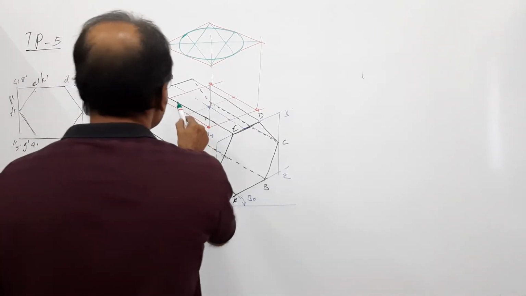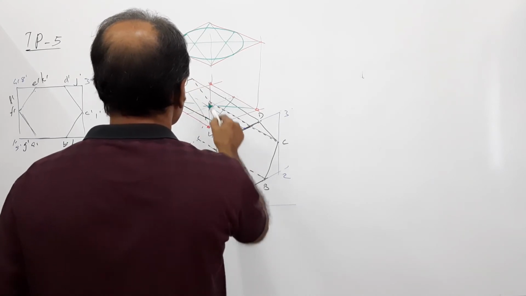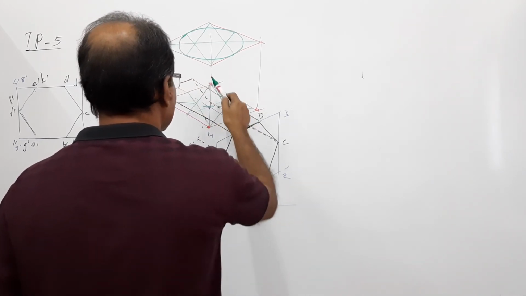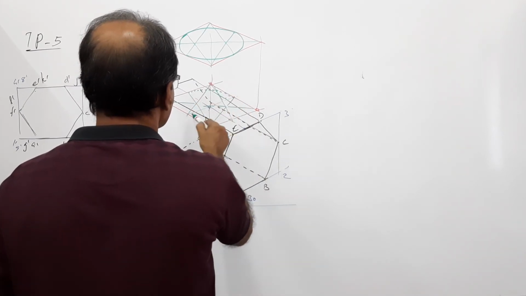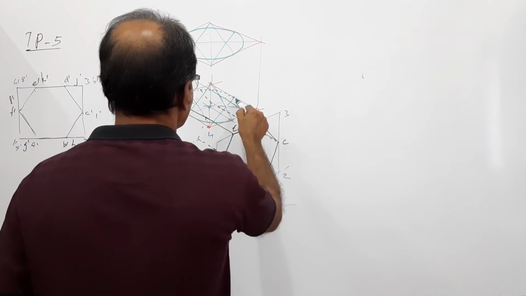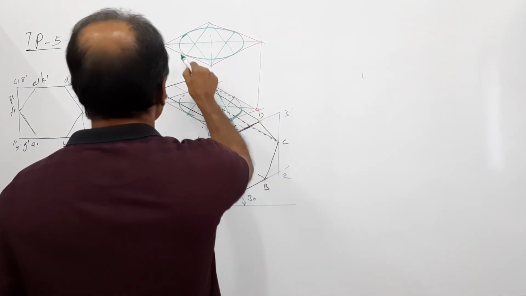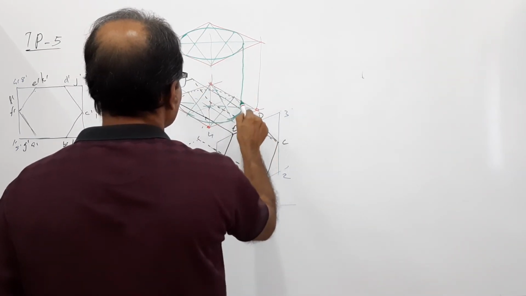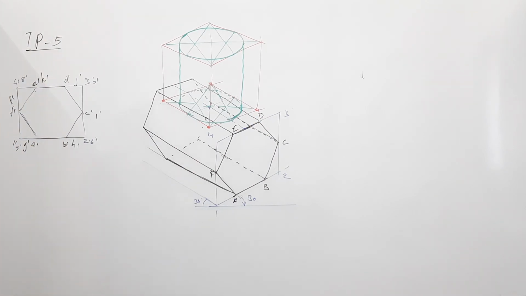Do the same thing in the bottom rhombus. Larger diagonal. Join the obtuse angles to the centers of the opposite sides. Dotted, firm. Tangents on the sides. What are these tangents? These tangents are the sides of the cylinder. The cylinder is standing there.